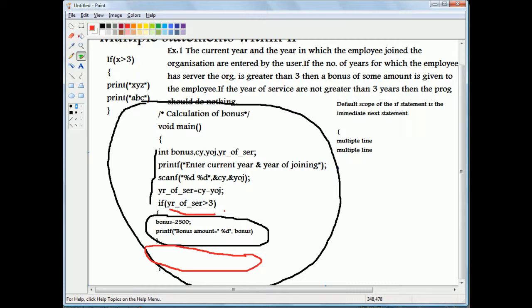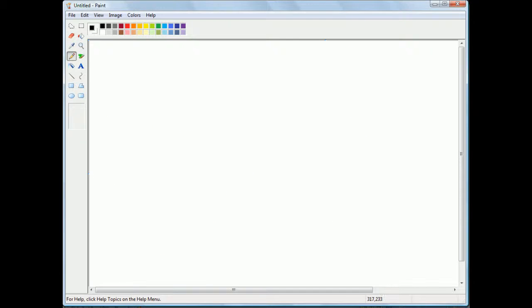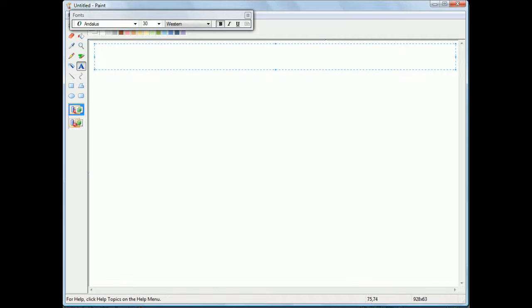Now we are going to write a program for the if else statement. Let me open a fresh Notepad, not MS Paint. Let me write an exercise first, then we will write a program for it, and then we will also see a flowchart. My example 2 is, let's say,